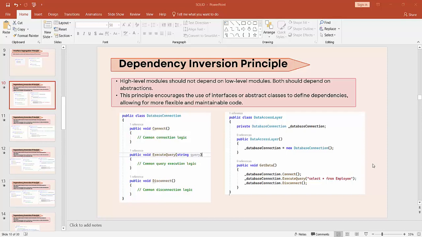Now we will understand what the dependency inversion principle is. It states that high-level modules should not depend on low-level modules. Both should depend on abstraction. That means they should not be tightly coupled; the high-level module should be loosely coupled with the low-level module. It's also encouraged to use an interface or abstract class to define dependencies, allowing for more flexible